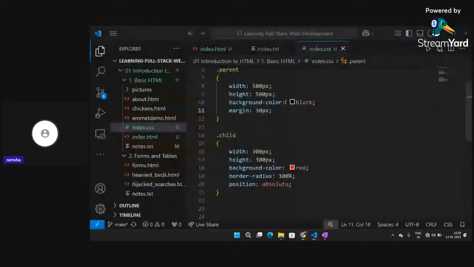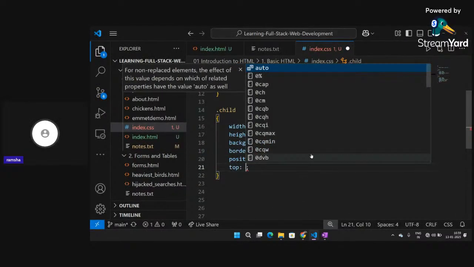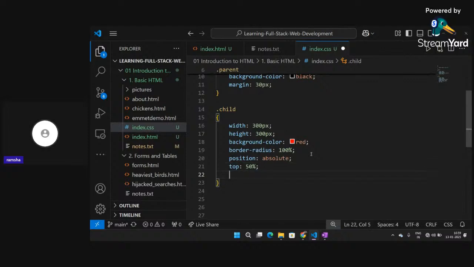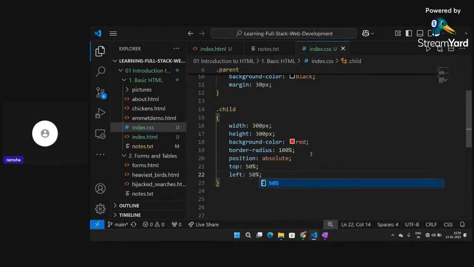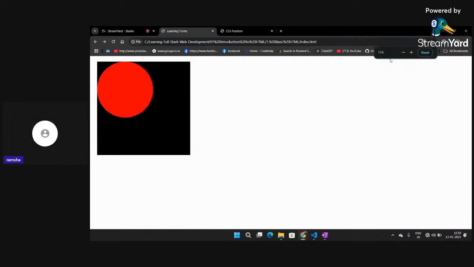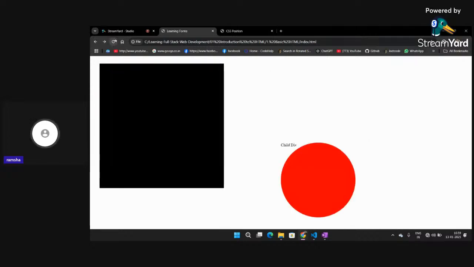let me show you this also. If I say top 50% and left 50%, if I go back, make it 100% and I click on refresh, you can see a very important thing, which is your child div